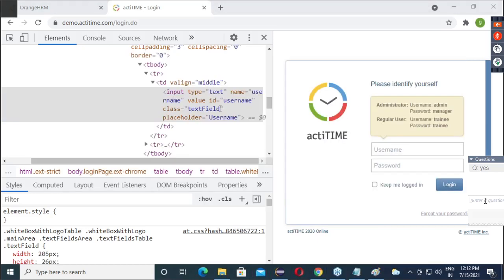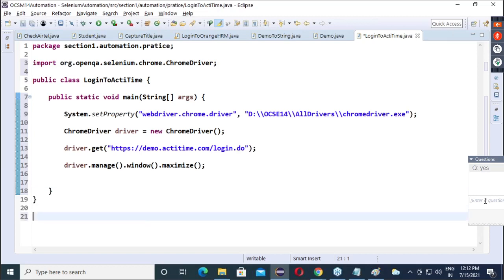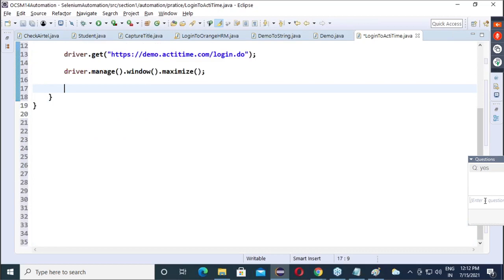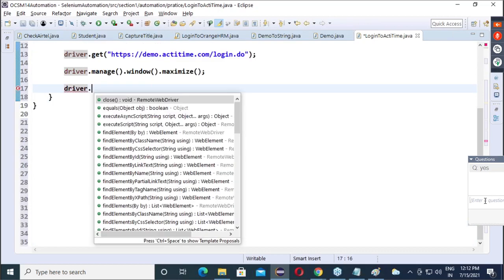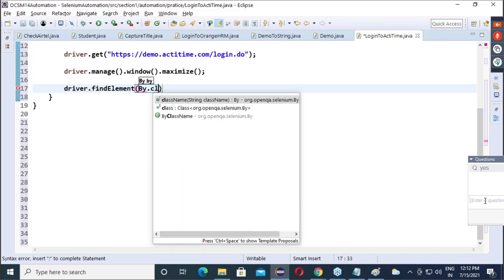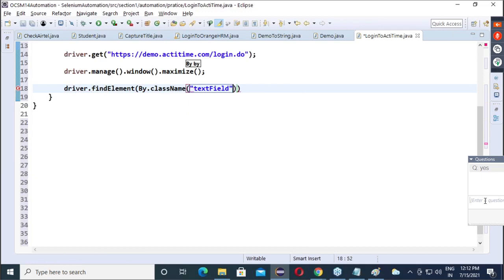So what I will do here, driver dot find element by dot class name, give the class attribute value, dot send keys of admin.